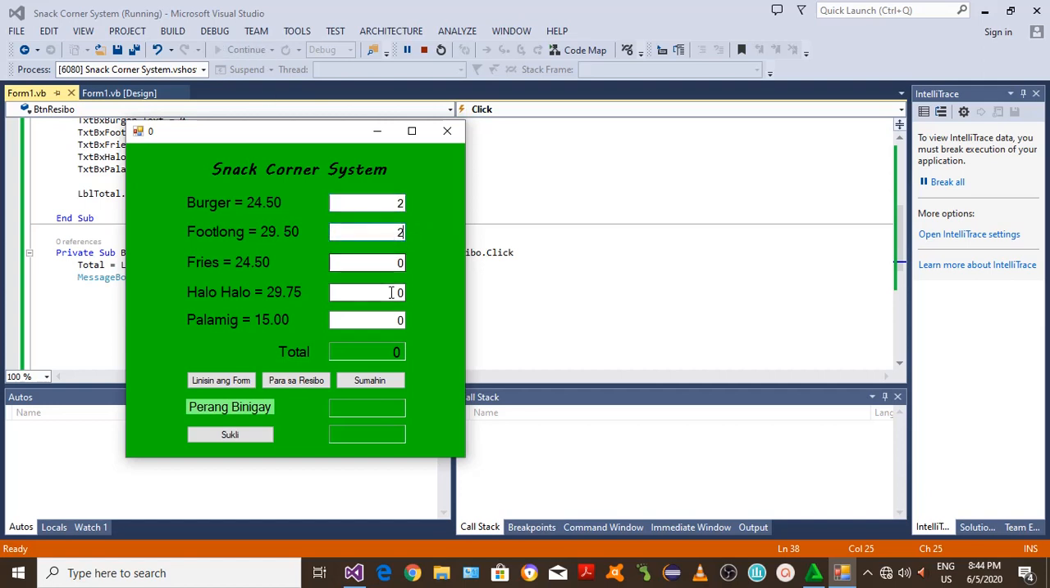So halimbawa may bumili na yung customer, maglalagay na ako ng mga data kung magkano yung kanilang in order, and then click ko yung sumahin. So merong 202.25, and then click ko yung para sa resibo. Ayan, okay na siya, nag-display na siya ng kanilang in order at saka kung magkano in order, tsaka yung total